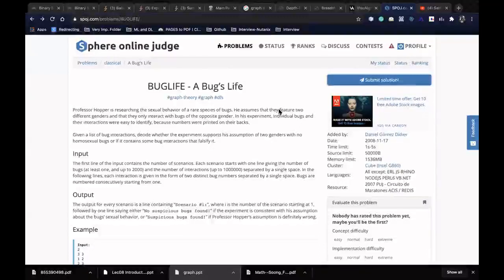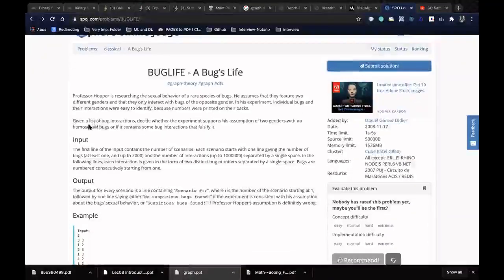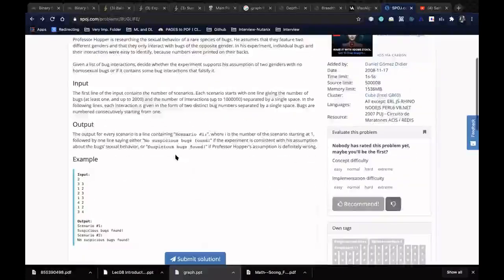He assumes that they feature two different genders and that they only interact with bugs of the opposite gender. In his experiment, individual bugs and their interactions were easy to identify because numbers were printed on the bugs. Given a list of bug interactions, decide whether the experiment supports his assumption of two genders with no homosexual bugs, or if it contains some bug interaction that falsifies this.